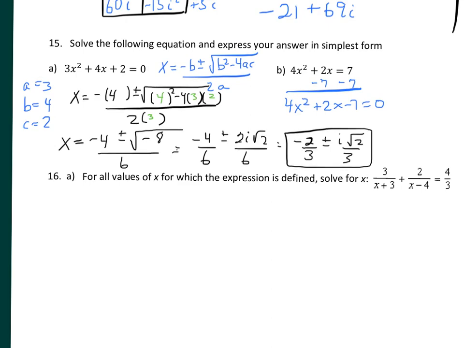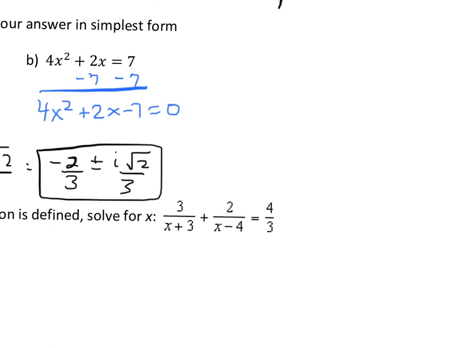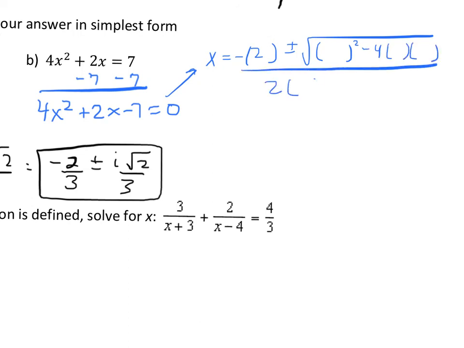Let's see what we can do. So I'm going to try to move this over, and we'll work with letter B here. So I'm going to take this equation, and then I'm going to go and plug it in. x equals negative b, b is 2, plus or minus b squared minus 4ac all over 2a, and b squared, b is 2, 4a is 4, c is negative 7, and this is 4. So I get x equals negative 2 plus or minus, and I'm going to plug it all together. But this is going to be a number like, I think it's 116. Excuse me. It is a 16 times 7,